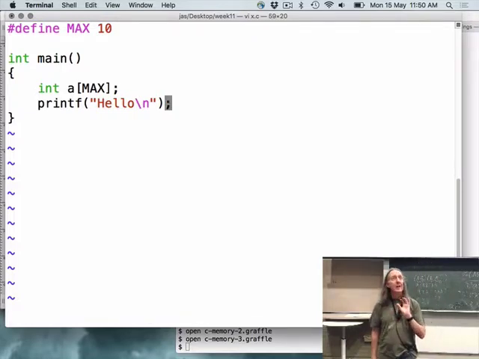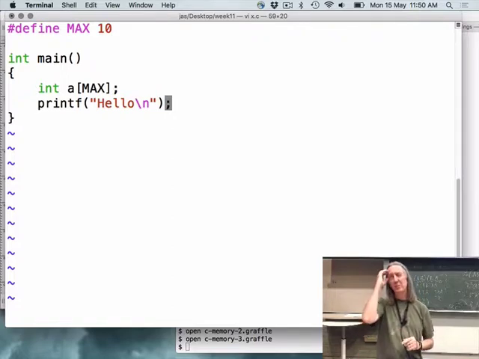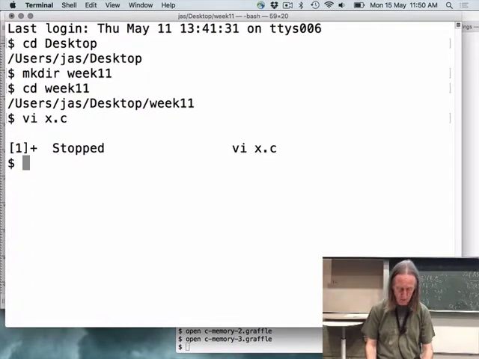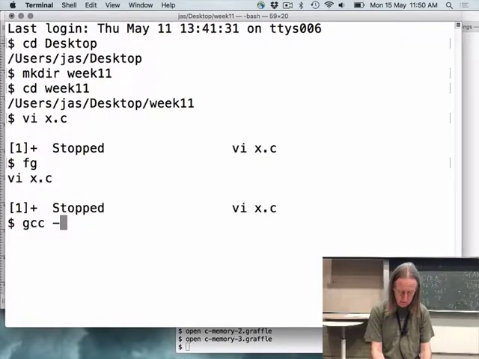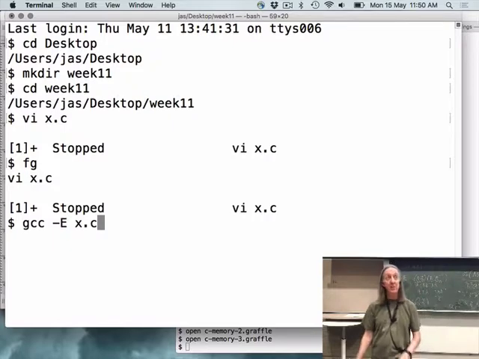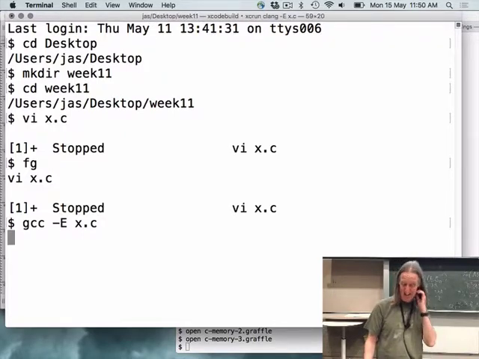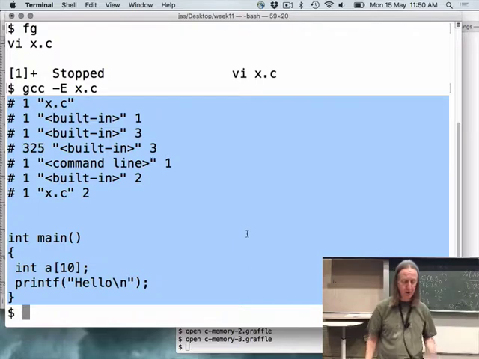Right, if I want to, I can run that program through the C preprocessor and display what it does to the code using gcc -E. Or dcc -E would work as well, but since DCC is a Python script that only exists on the CSE machine, and I'm running things locally on my Mac, I can't use it. Alright, so there's the command that I ran, and here's what the preprocessor produces.